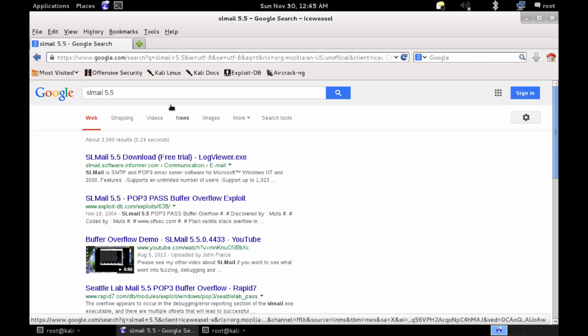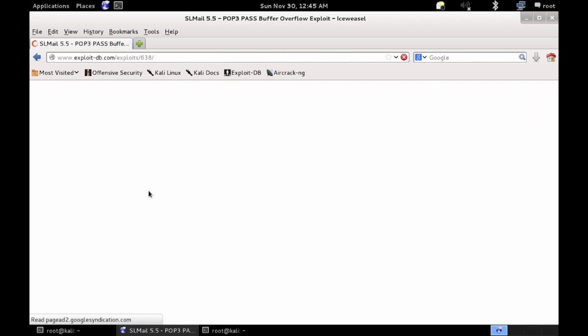If I put that into Google, again, pretty much the first thing that comes up is that there is a buffer overflow, and it says it's POP3, and this gives me Exploit Database, so it'll actually have code for it,